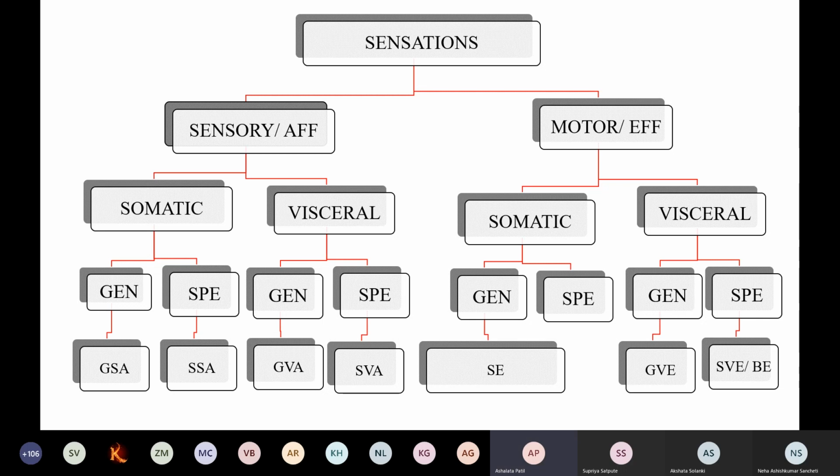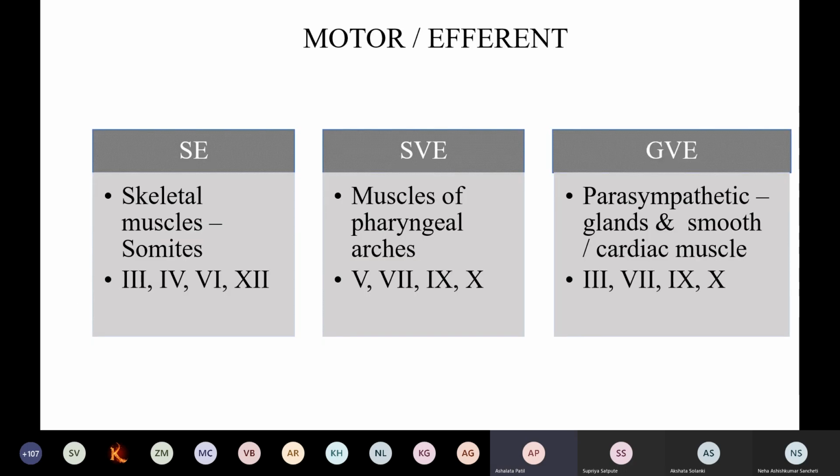And these cranial nerve nuclei, according to their supply, they will be having these functional nuclei. And axons of these nuclei, they will constitute this cranial nerve. So in the motor or basal lamina, 3 functional components we have seen. Somatic efferent means what? They will supply the skeletal muscles derived from the somites. So which cranial nerves have them? That is the 3rd, 4th, 6th and 12th, which are purely motor. They have got this somatic efferent component.